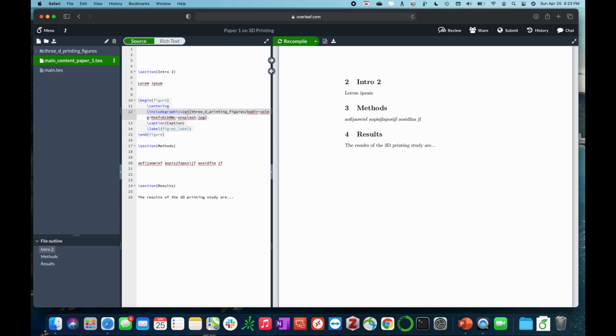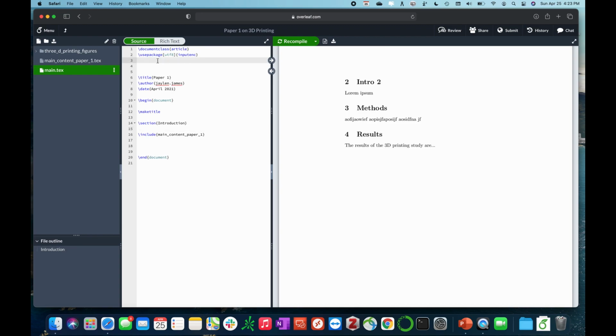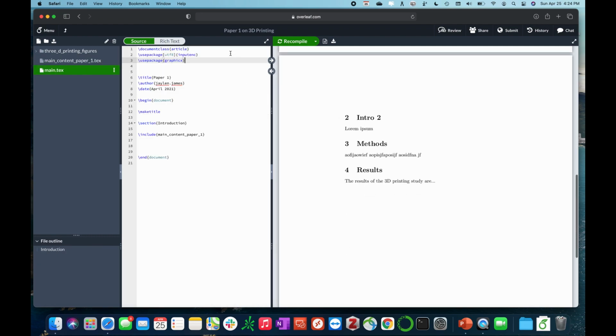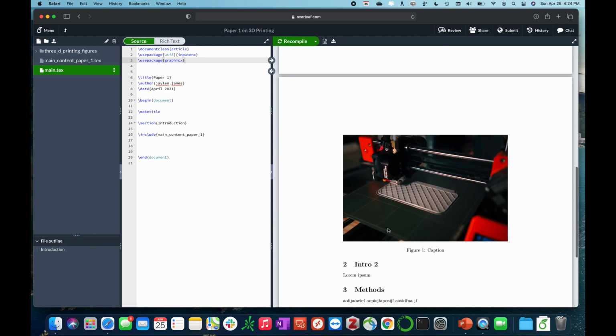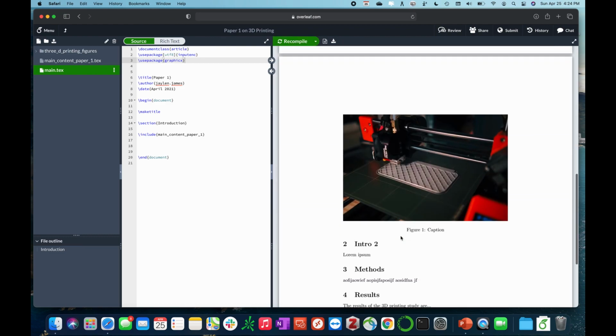to equal the width of the line in the paper. So I'm going to say length is equal to line width there. And one other thing I have to remember to do is to use package graphics. Sorry, there it is. Now, when I recompile this, my paper on 3D printing, I should get my figure to show up there,